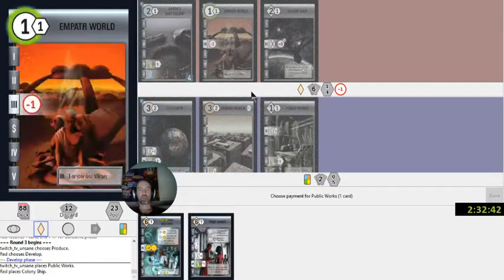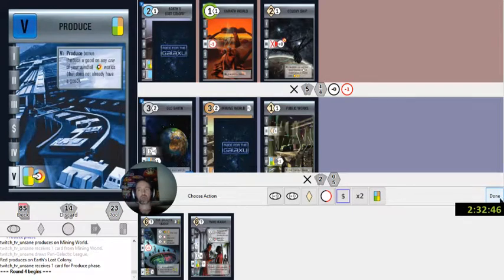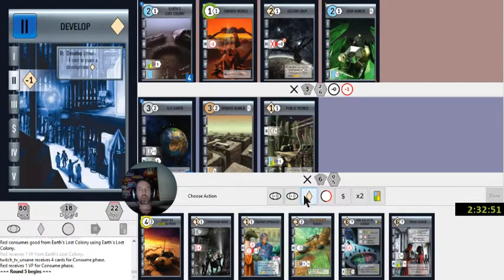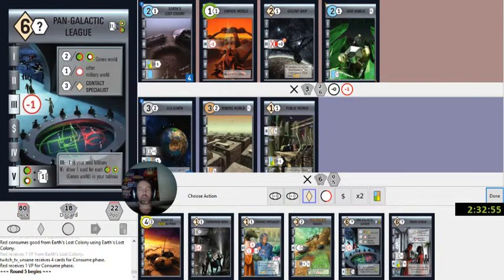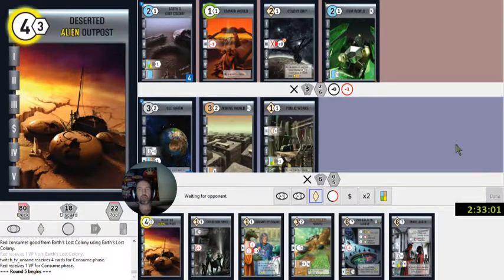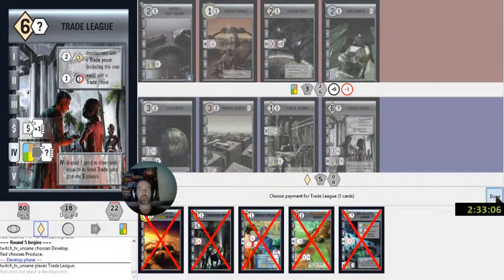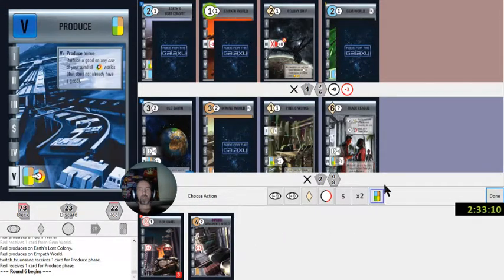So I guess we'll play it. Settle trade. And then dev. Although this means we can't produce, so maybe it wasn't correct, I'm not sure. Not a whole lot else going on. Well, he does produce, so that's really nice. That should be good enough for a win here. We could produce,